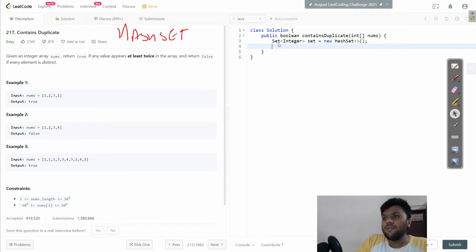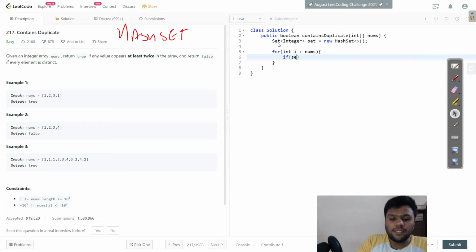Okay, now guys, I will search and insert my value. So I will say for int i : nums, and in this one I will say if set.add(i).